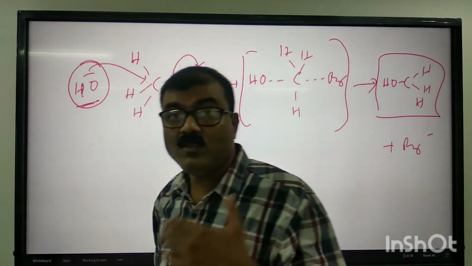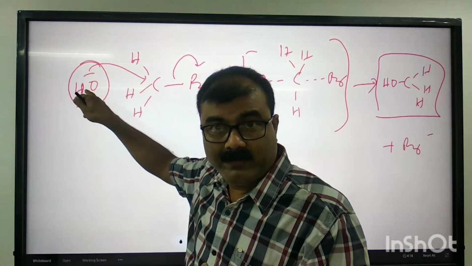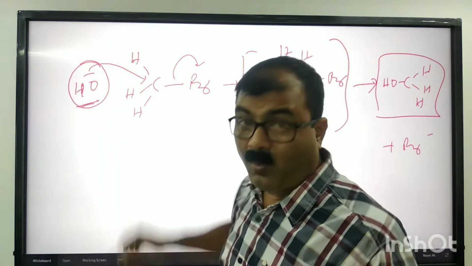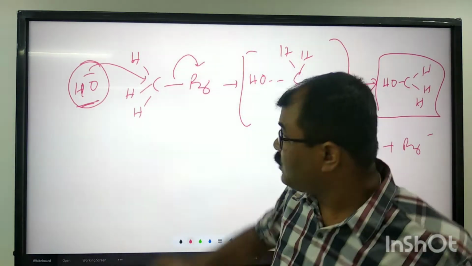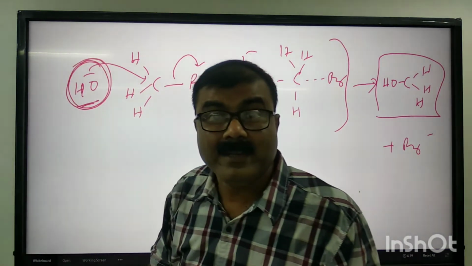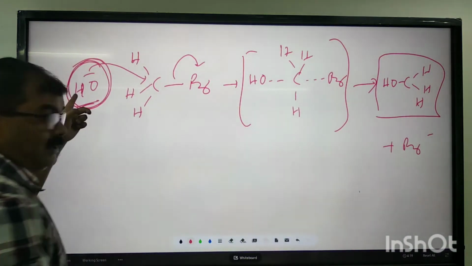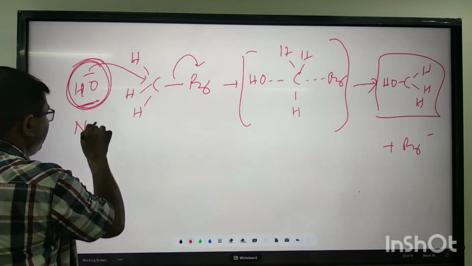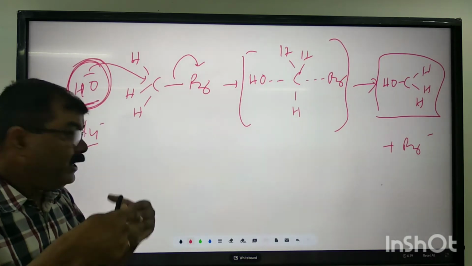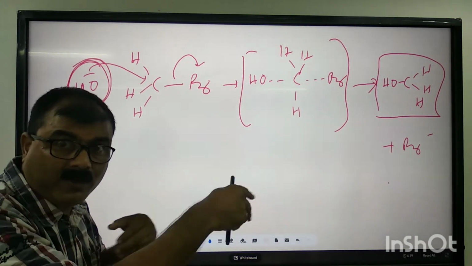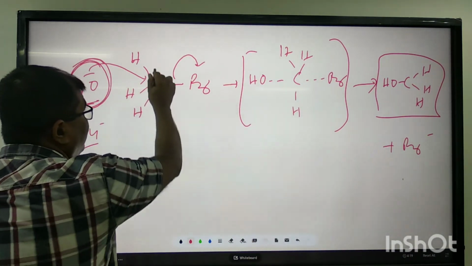This OH minus is not restricted, not bound by the aprotic solvent. But if you carry out the reaction in a protic solvent, what is the problem? In protic solvent, these anions will also be solvated. So these anions will be tightly held by the solvent. Anion means this is the nucleophile. This nucleophile will be tightly held by the solvent due to solvation, so it will be restricted from attacking. It will not be free. OH minus ion will not be free to attack the substrate.